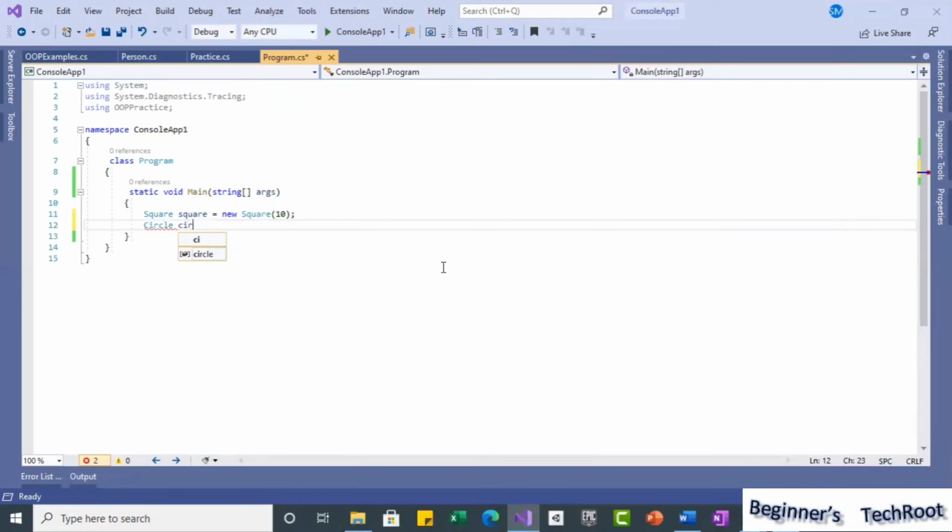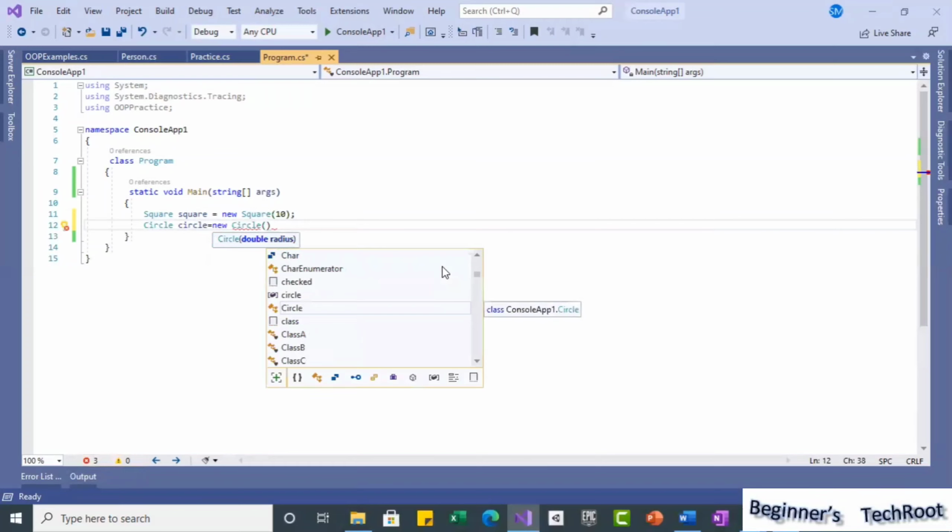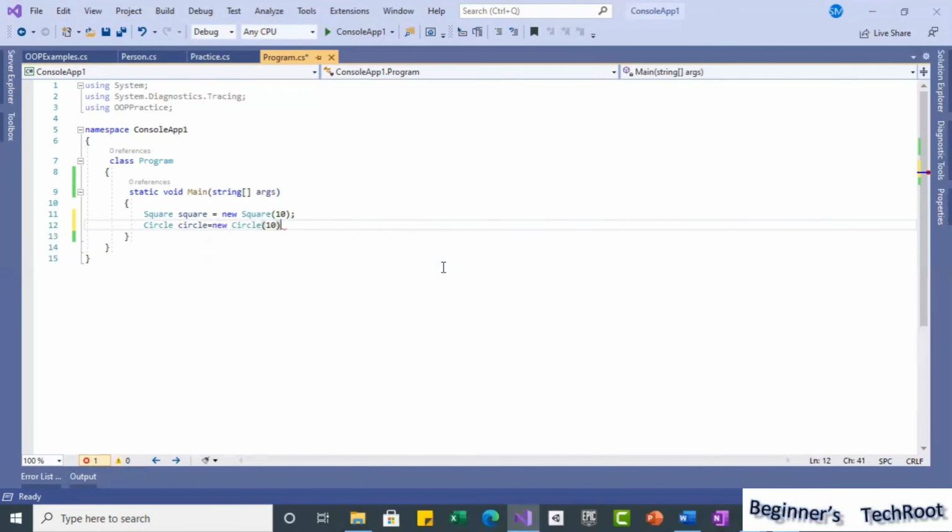In a similar way, suppose I want to create a circle. Circle equals new Circle. Suppose I want to specify a radius. If I give a radius of 10 for this circle, this is fine. Now, if we want to show the values on the screen,